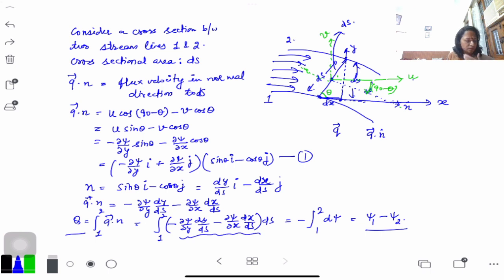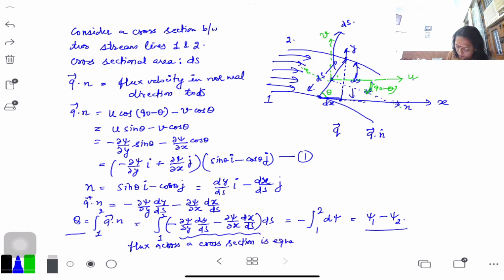So this is the result, that flux across a cross section, this cross section may be a curve,